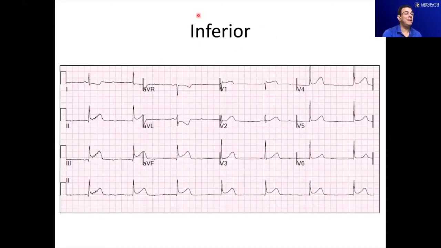Okay, so this is an example of an inferior heart attack. You see that ST elevation, right? So the J point, being right here, the end of the QRS complex, is above the baseline, which is actually considered from the T wave to the next P wave. So everybody sees this elevation in 3, there's elevation in AVF, and there's elevation inferiorly. So what I consider reciprocal changes is you get depression in 1 and AVL. So this is a sign of what I call opposite changes, or